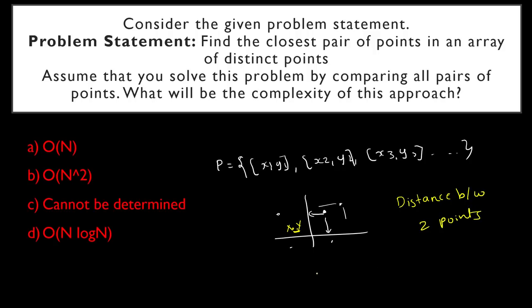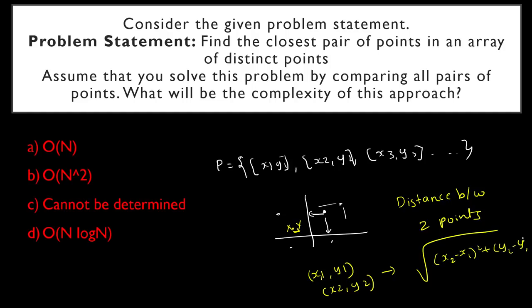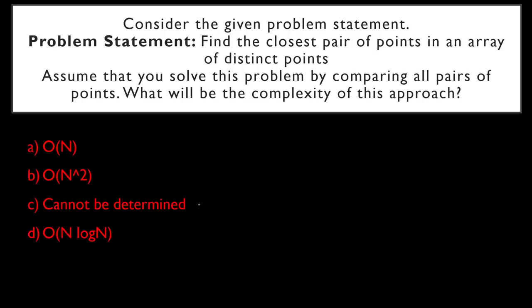Let us suppose you have an x1 y1 point, and you have another x2 y2 point. Finding the distance between them is nothing but the square root of x2 minus x1 whole square plus y2 minus y1 whole square. This is mathematics, let us not worry about all this, but you need to know this. Whenever you read this sentence, all these things I explained should come to your mind. Next, we have to go further and analyze the algorithm.